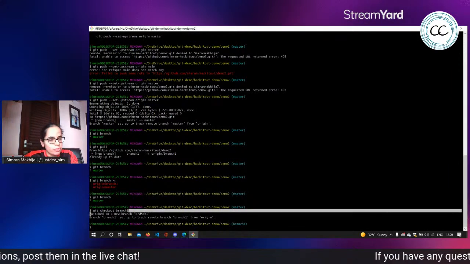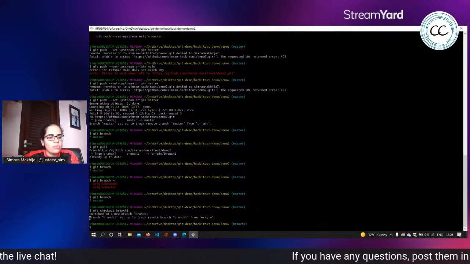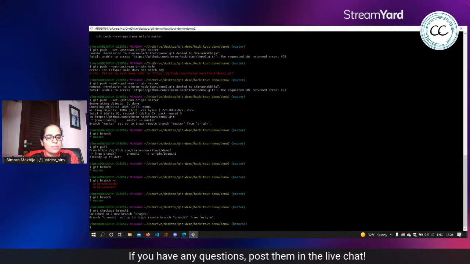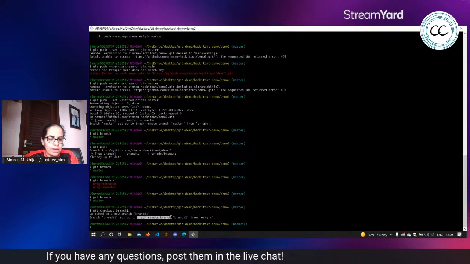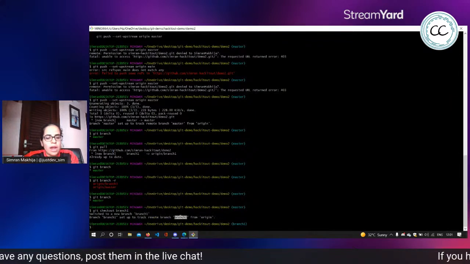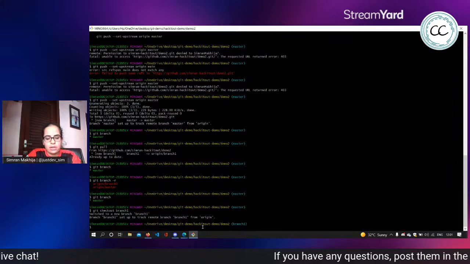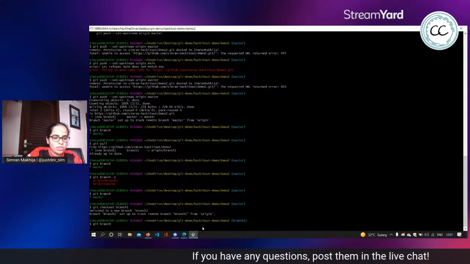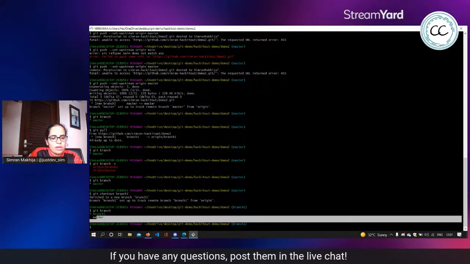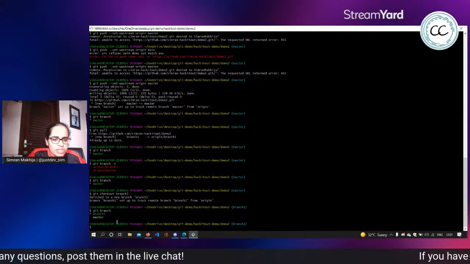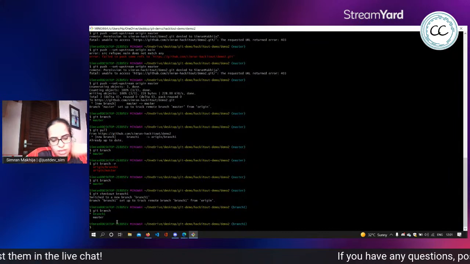What does this mean? We have switched to a new branch. A new branch has been set up on our local system, and it has been set up in accordance with branch 1 on the remote origin, which is the remote that we added earlier. Now, if we git branch, we're on branch 1 and we have master there. Pretty easy, right? Switching branches, working on branches.